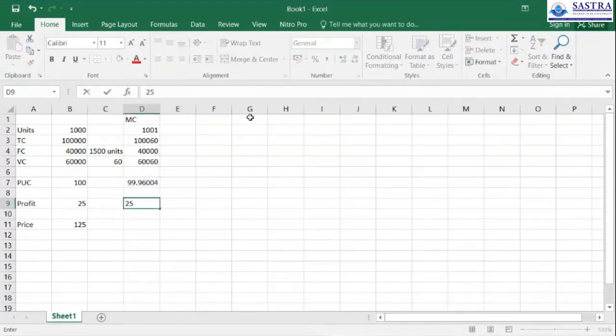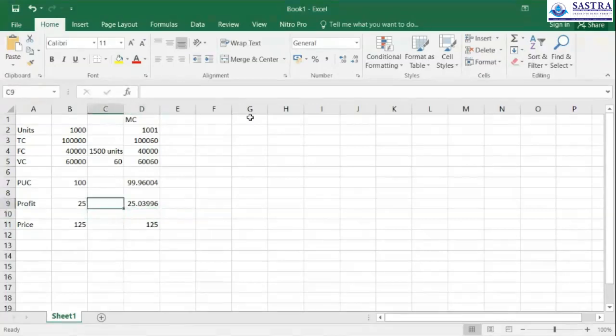What we have taken as the profit of 25 rupees remains constant. Then what is the price at which you are going to sell the product? Or you can look at how the profitability is increasing. The price remains constant, so we calculate the profit, and it is added to the profit. The profit increases from 25 rupees to 25.03 rupees, to 25.04 rupees per product. So it is the profitability per product.